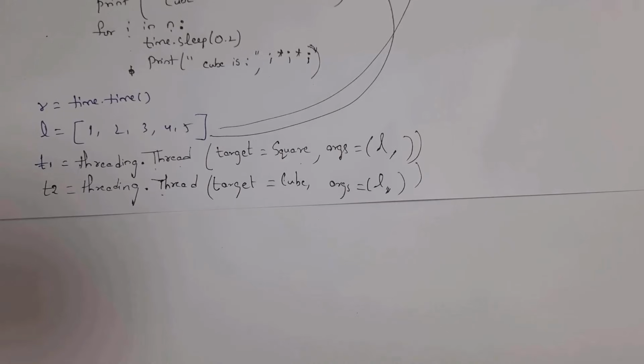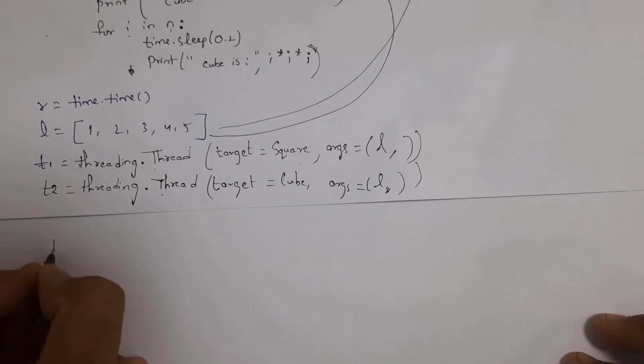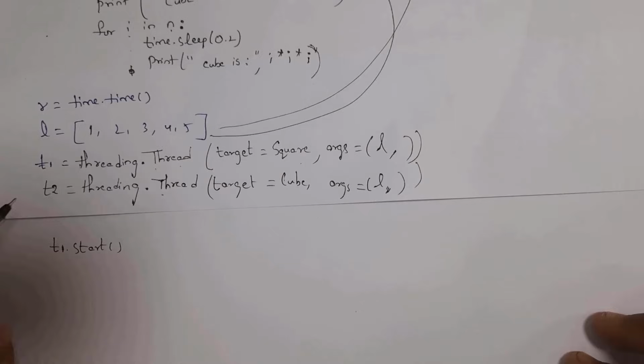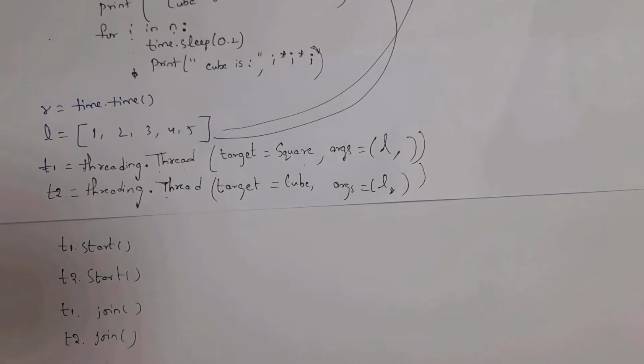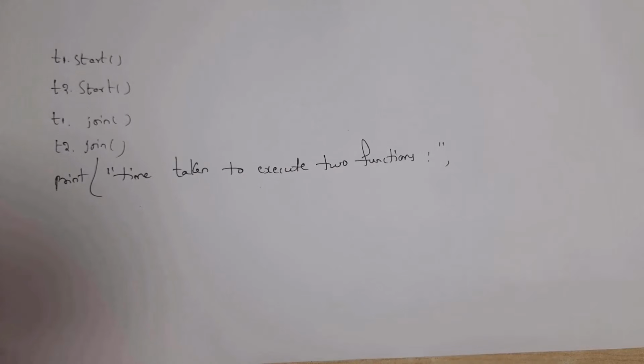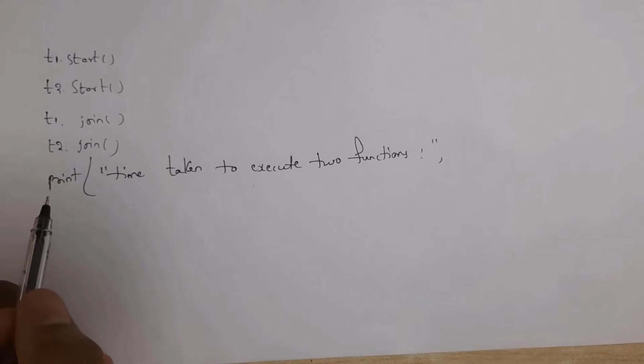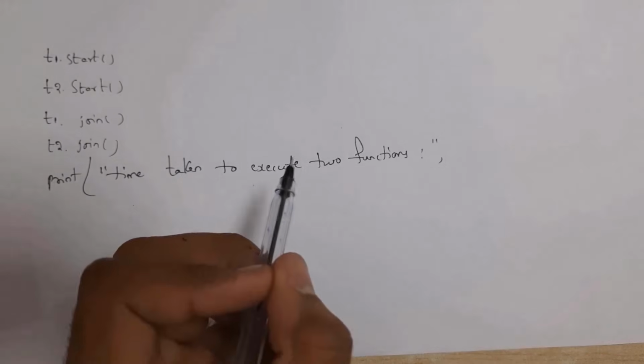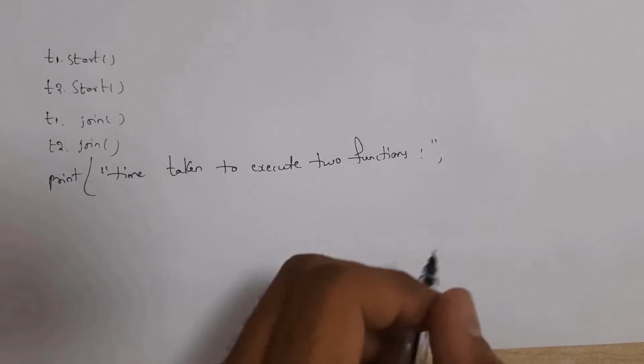In order to start execution, just write here t1 dot start, and next in order to execute this t2, just write here t2 dot start, and next write here t1 dot join, and next write here t2 dot join, where this join method is used to wait thread until it terminates. And at last I want to print time taken to execute two functions. So inside print write time taken to execute two functions in quotations, comma,